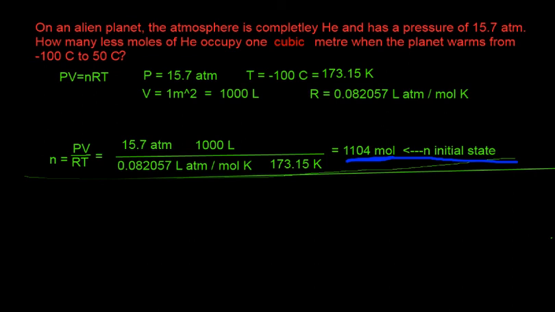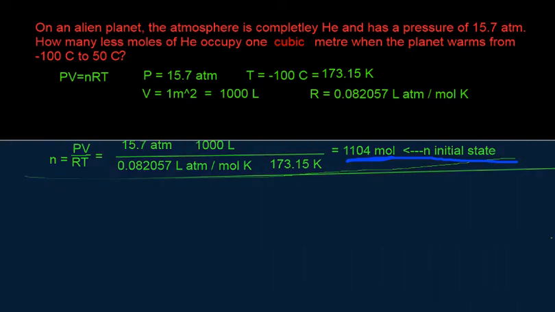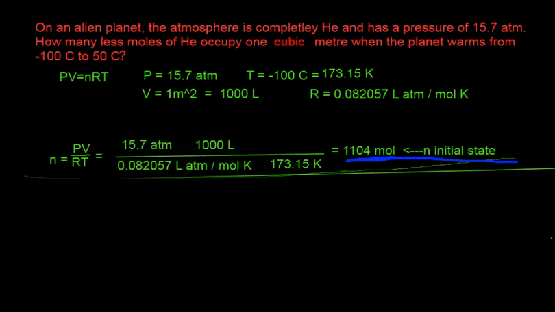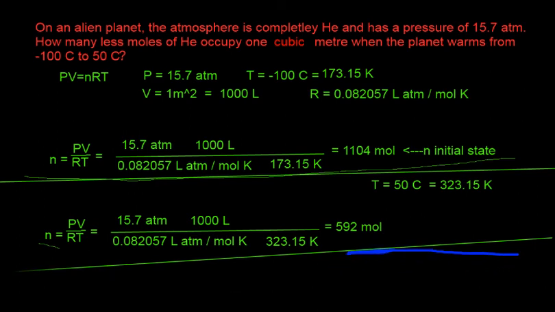If you're ever doing ideal gas law questions and you get anything like 10 to the power of 8 or 10 to the power of -7, you want to go back and check your math, because it's not quite normal. So we know the initial state now. How many moles are in the initial state? But the question is asking how many fewer moles. So to find that out, we have to find out how many are present after as well, which is basically the exact same thing,